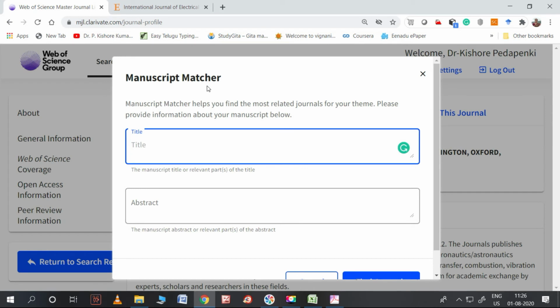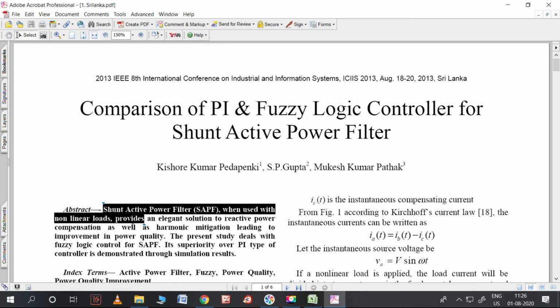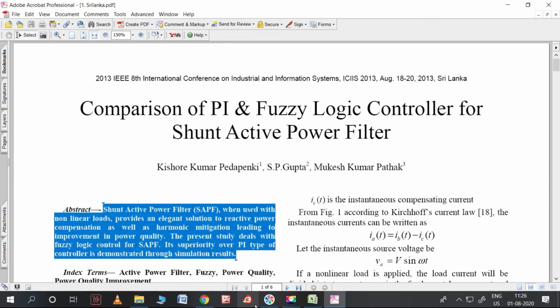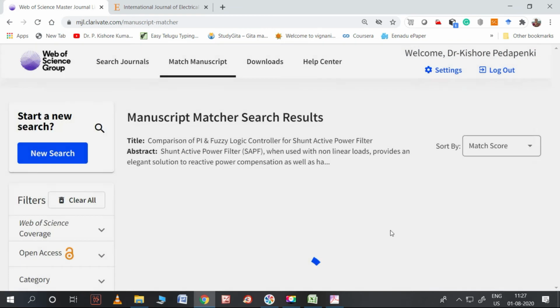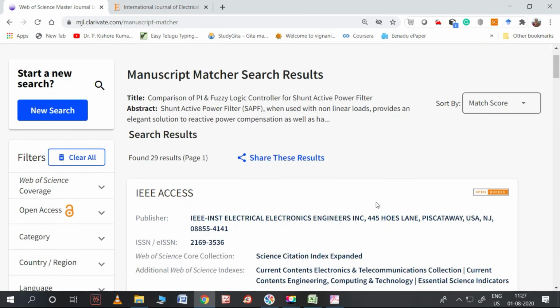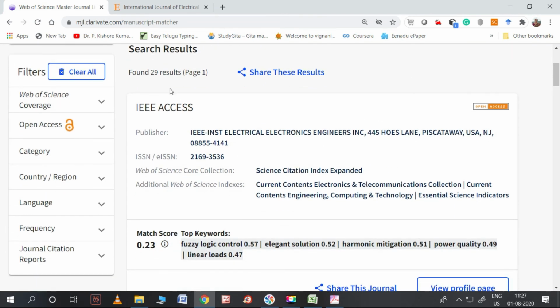Yeah, actually, manuscript matcher. We have seen this part in Scopus Index Journal and also elsewhere and also in Springer. So the same type is available here also. So let me take the abstract of it. Abstract and find journals. Yes. So this is the thing. So there are 29 results found, and I can send this paper to any of those things,